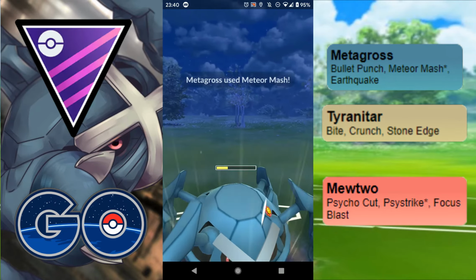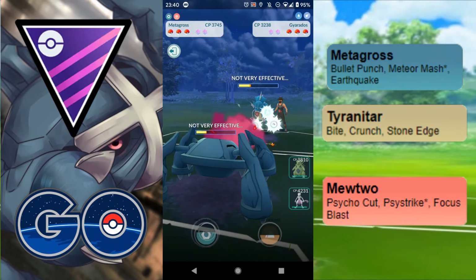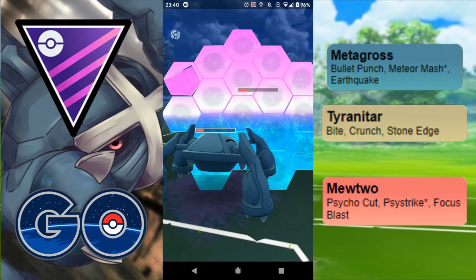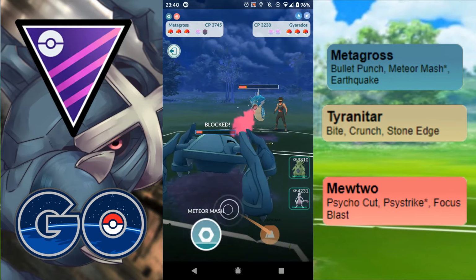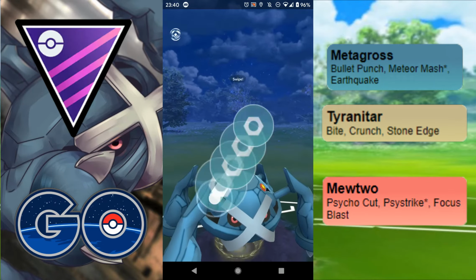the Meteor Mash here that I'm going to throw is resisted. At least the Earthquake is double resisted, so you might as well throw the Meteor Mash. So this is going to be an Aqua Tail coming through, and I'm actually going to shield this up because I may be able to charge down. So we'll see if they want to. If they decide to shield this up,